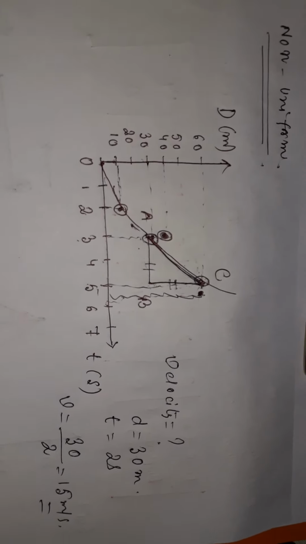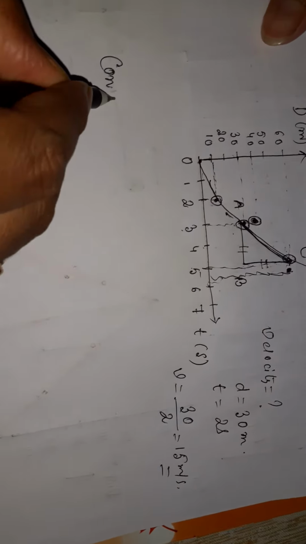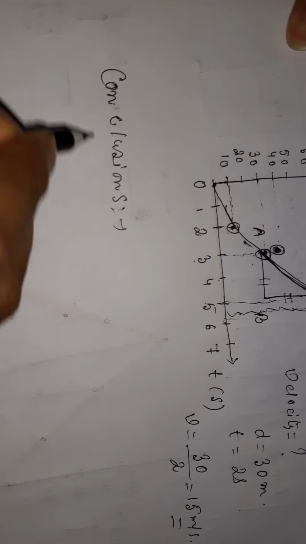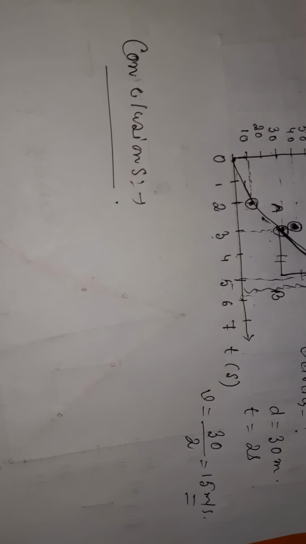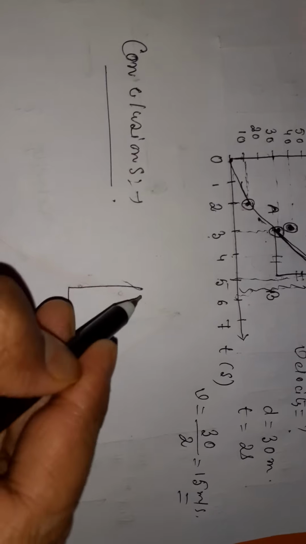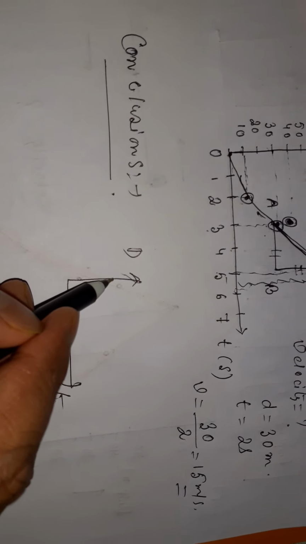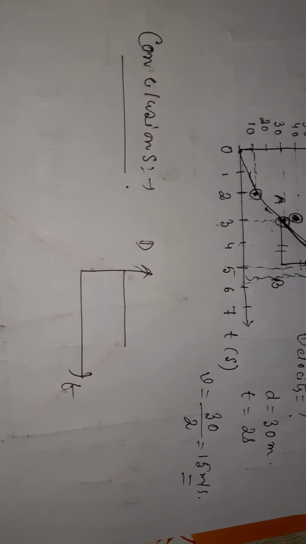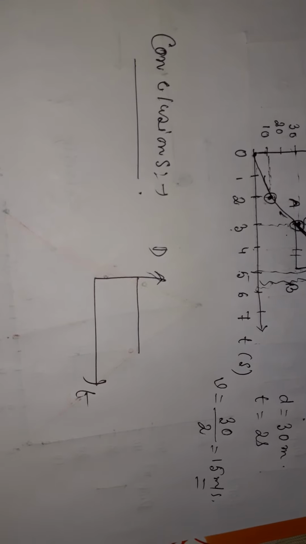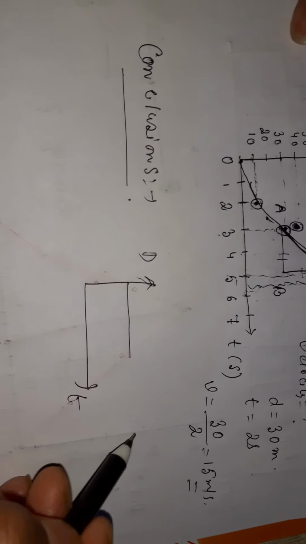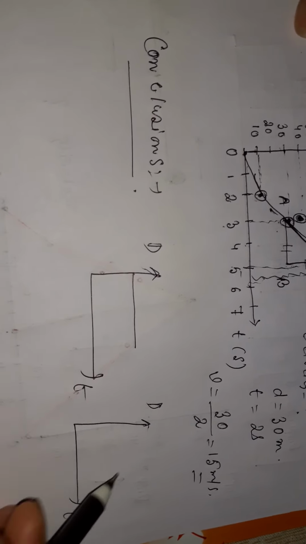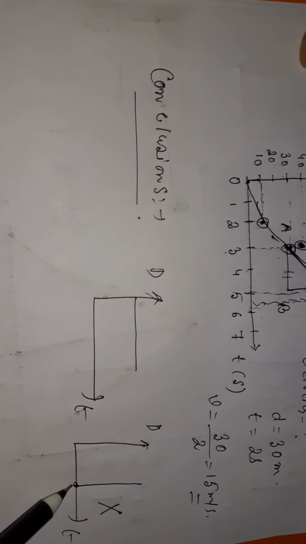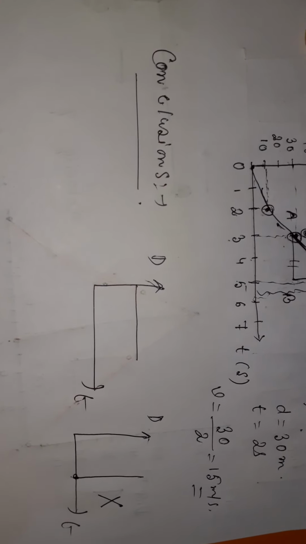Conclusion. First conclusion of this chapter, of this exercise actually. First one is that if the displacement time graph of an object is a straight line like this, then you are getting a body in a rest position. The body is not changing its actual position. If you get this type of graph anywhere, it is a wrong one, because time is actually fixed, the body is continuously moving. It is not possible. Okay.